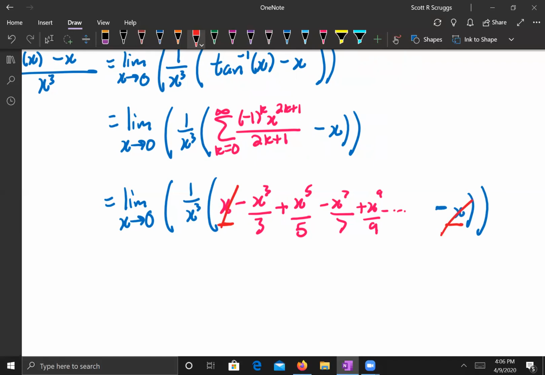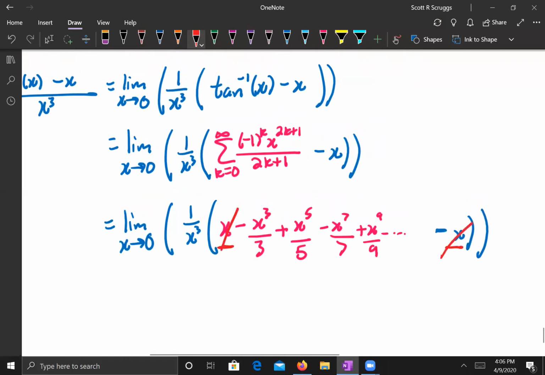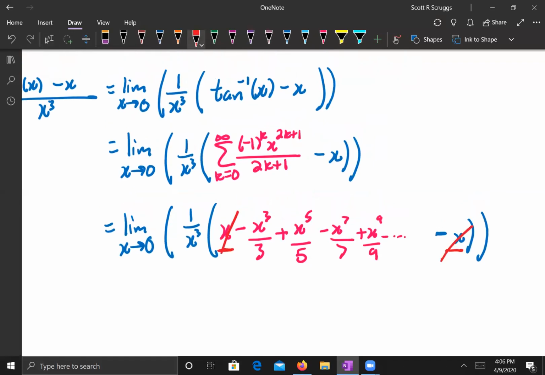So my goal with the limit when I'm doing Taylor series is I want to see which function do I know a Taylor series for, and then I expand it, and my next step is, can I cancel stuff out? In this case, the only thing I could cancel out inside that inner parentheses